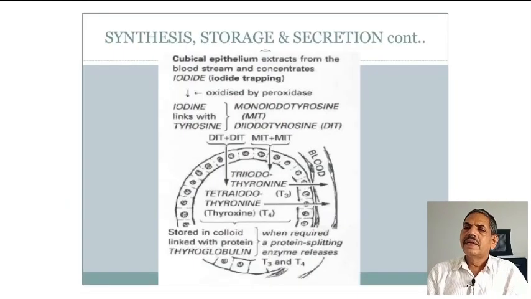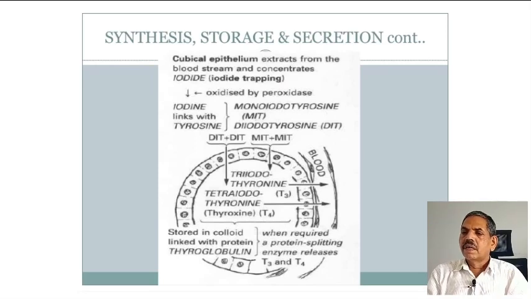In this slide see the thyroid gland that will synthesize, store and secrete the thyroid hormone. As already mentioned, the cubical epithelium extract iodide from blood and they concentrate it. That is what is called iodide trapping, and then the trapped iodide will be converted into iodine through what is called oxidization with the help of peroxidase enzyme, and this organification of iodine is producing